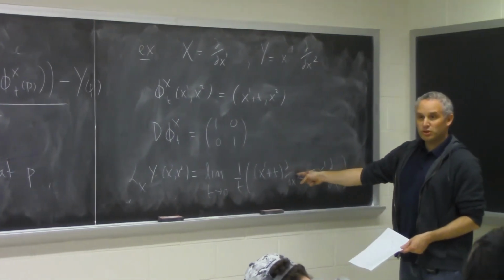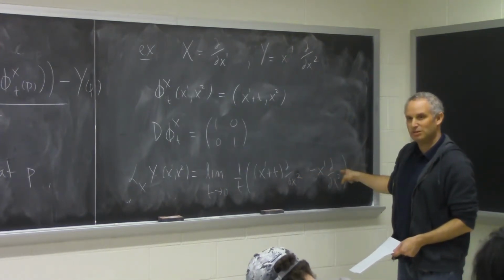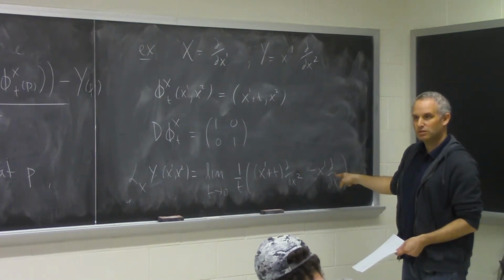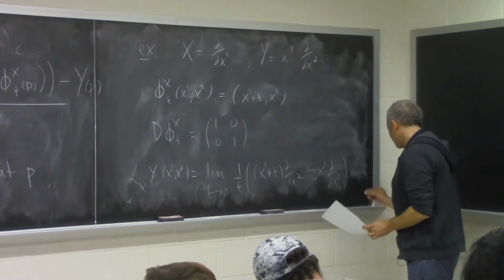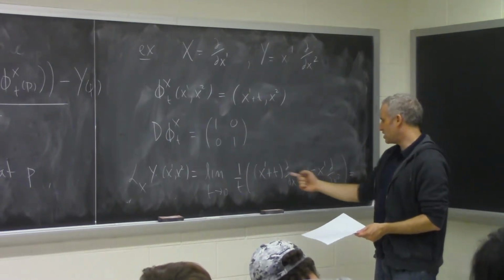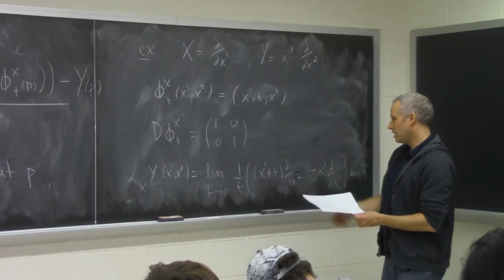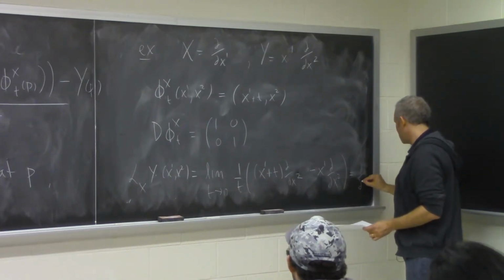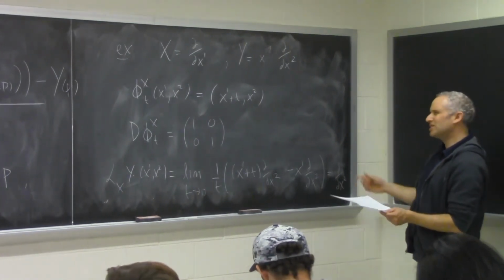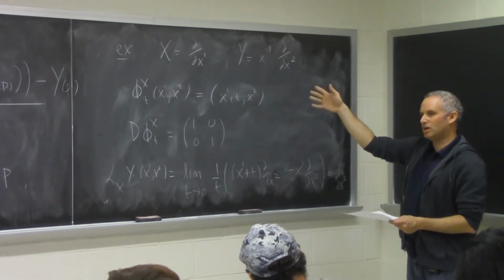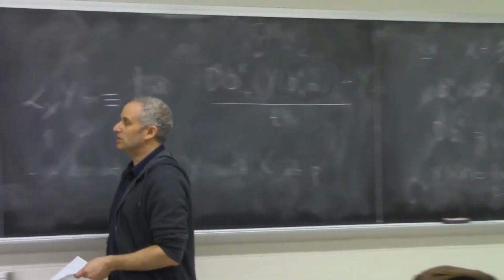So you agree that you can interpret that as a path in a vector space, right? This vector space happens to have basis d by dx1, d by dx2. It's okay? It's a tangent space. All right, and this is easy to compute. This cancels with this. We have t d by dx2. We have a 1 over t. The t's cancel. And so the limit is easy to take because there are no t's. And we get d by dx2. OK? So this is the same thing that we got when we took the Lie bracket. If you do that exercise, you'll see that you get the same answer.